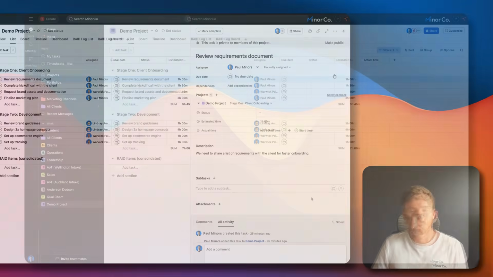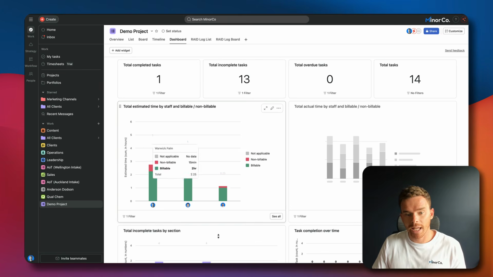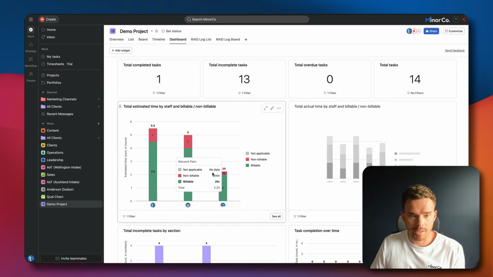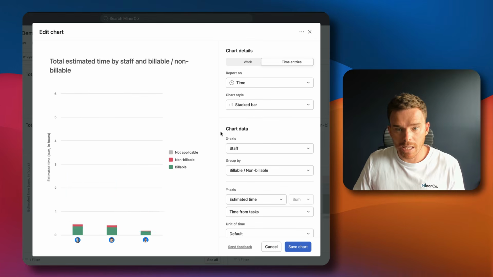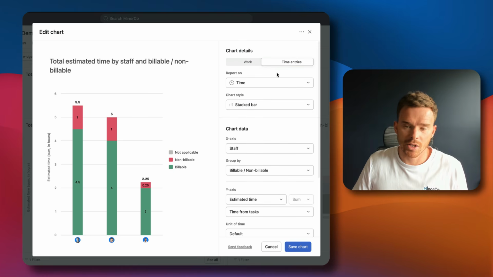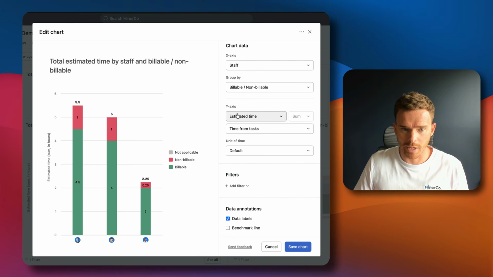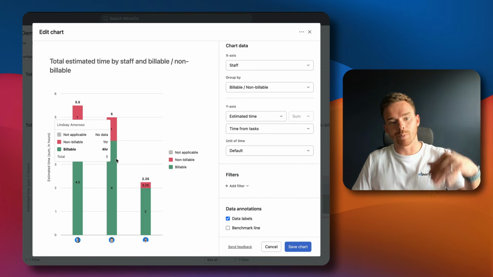So now you can click on this field here, or you can access the time tracking actual time from within the task panel. With that final bit of setup done, the last thing I'll just show you briefly on this dashboard here is I've created a couple of widgets. The first here is showing me the estimated time we have scheduled on those tasks. So this widget is just set up as a time entry chart. I've got staff on the x-axis, estimated time on the y-axis,